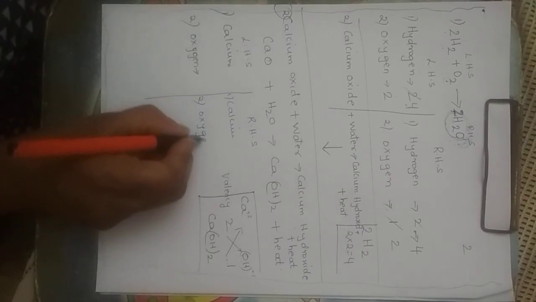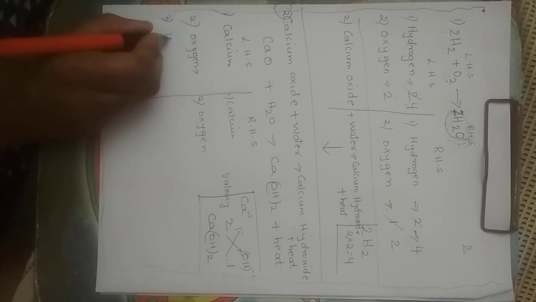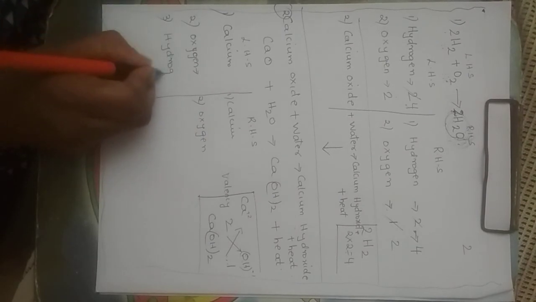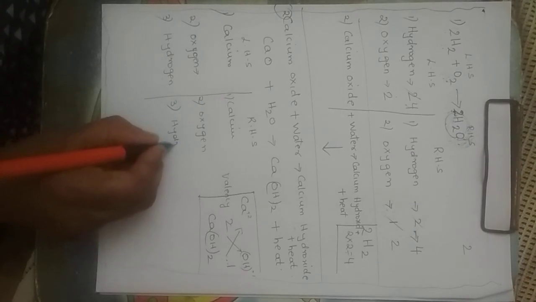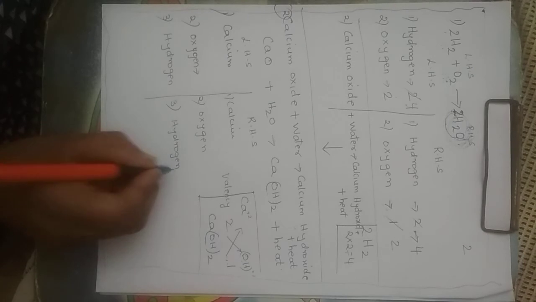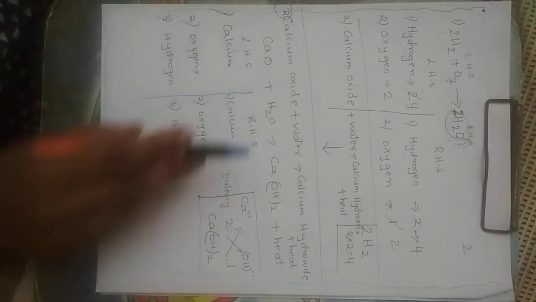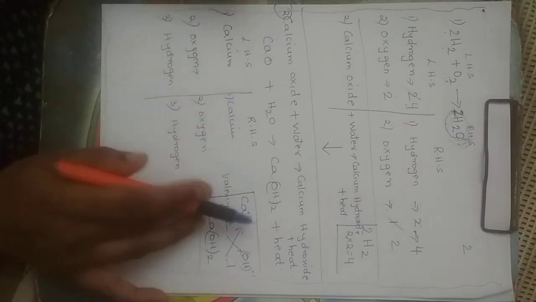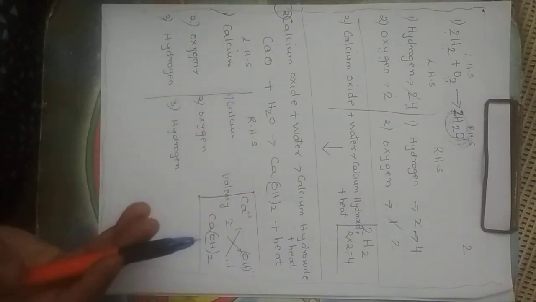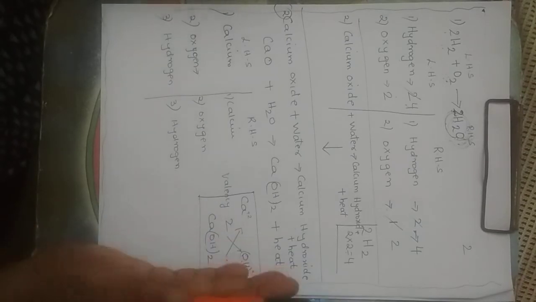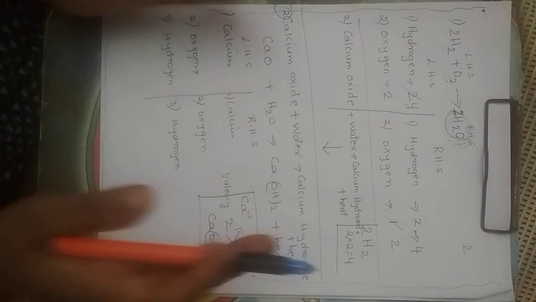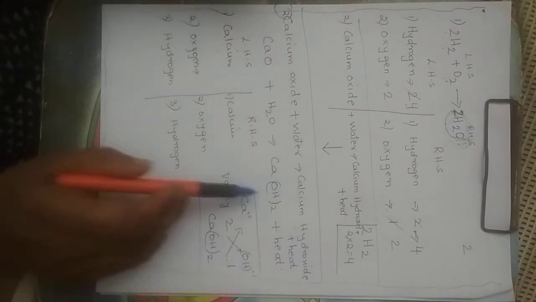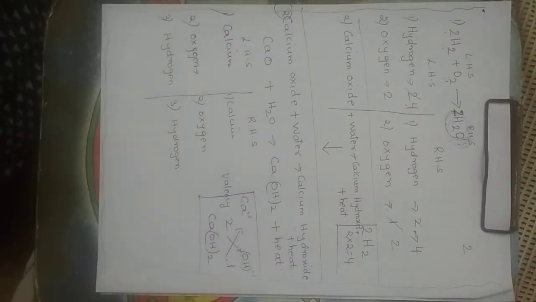I forgot one more element. Who's that? Hydrogen. So look who is taking part in the chemical reaction. H for hydrogen, Ca for calcium. So these 3. And remember, whichever elements are taking part on the right hand side, the same elements will be taking part on the left, but the products will be different. Okay. Now, one more thing.